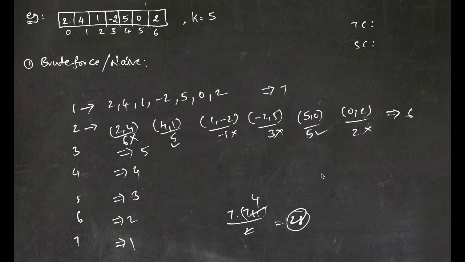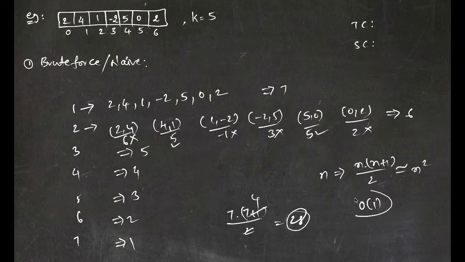And if you have an array of length n, then we have to find n into n plus 1 by 2 subarrays, which is more or less equal to n square. So we'll have a total of n square subarrays and we need to find the sum of each and every possible subarray, see whether their sum is equal to 5 or not and increment the counter. To calculate the sum, I think we can do it in O of 1 time, so it will not take any extra time. The only time is to consider all the possible subarrays. So the total time complexity of this is going to be O of n square, and for space we are not going to keep any extra space, just a constant extra variable.